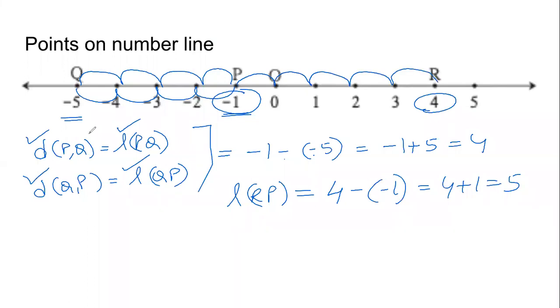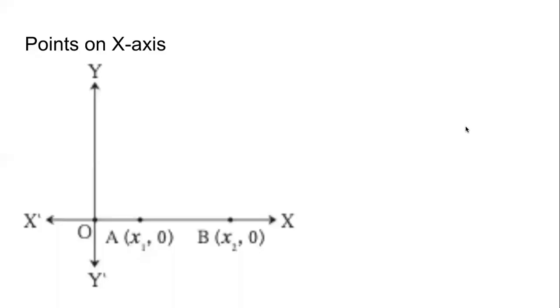Now this checking is easier here because the points are very near to each other. If the points are very far away from each other, this checking will not be easy. That is why we need to know the arithmetic, the algebra, the geometry of finding distance between 2 points that are on a number line. If we know how to find the distance between 2 points on a number line, then we can also know how to find the distance between 2 points on an axis.